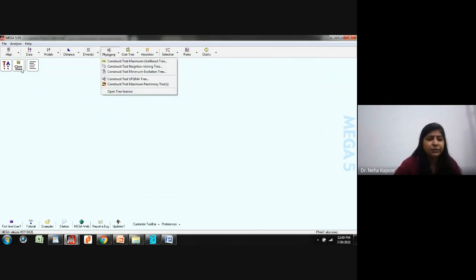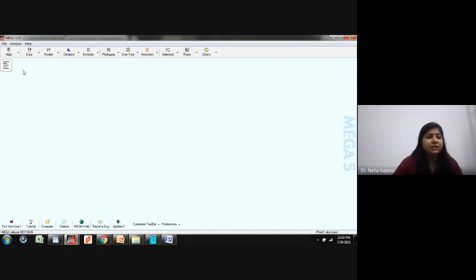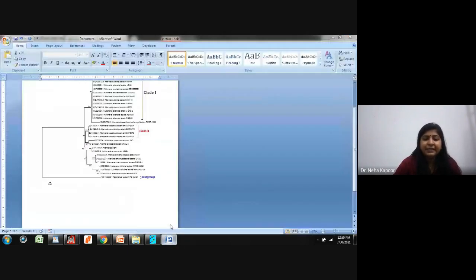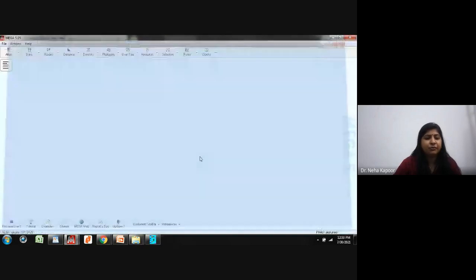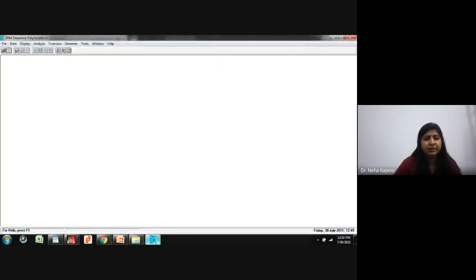So this was all about phylogenetic analysis that you can do from MEGA software. This is the easiest software that you can use. And the next important thing is, if you want to infer some sequence polymorphism, in that case you can use another software, that is this one.